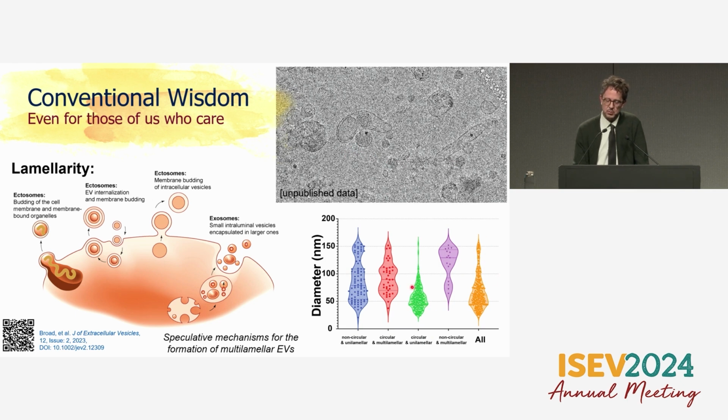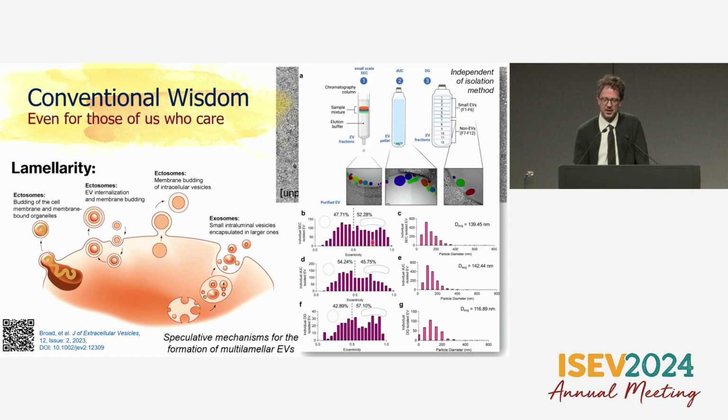In green here, you see how many and what size are the ones that are only circular and unilamellar, and they're small. They're all under 100 nanometers practically, invisible to most light scattering techniques. And in fact, what we're seeing, the highly scattering particles and also the larger ones are mostly multilamellar, or at least non-circular. So kind of an interesting trend, unpublished, so no reviewers have got their hooks into this yet, so it's probably not true, right? And this isn't an artifact of isolation methodology.